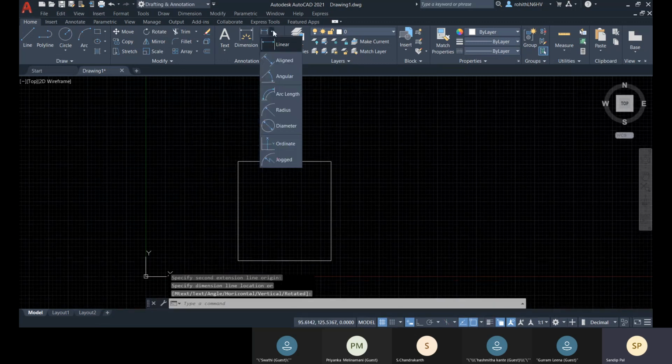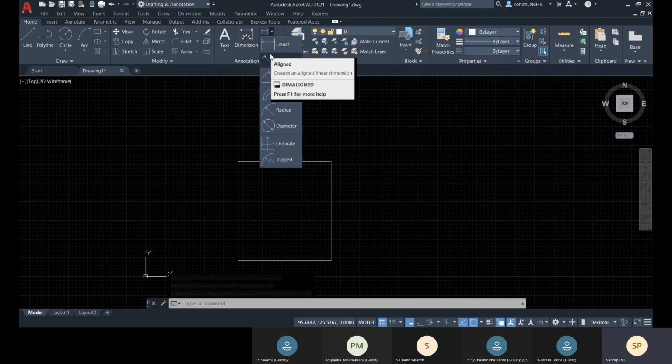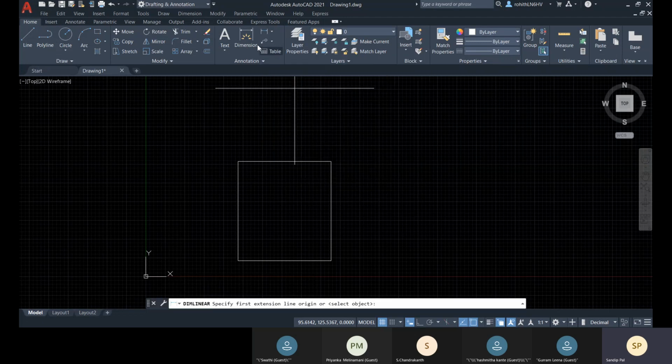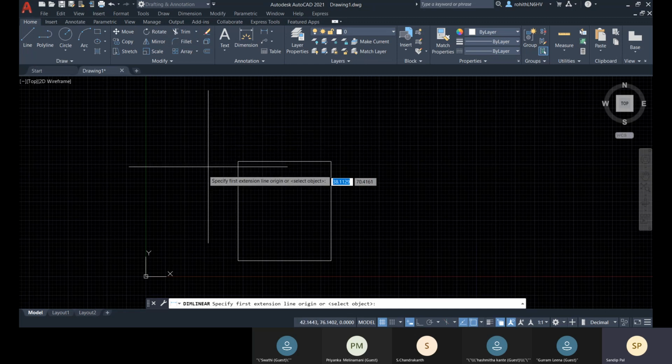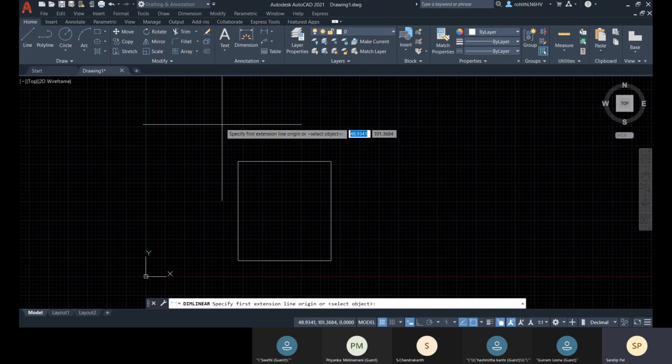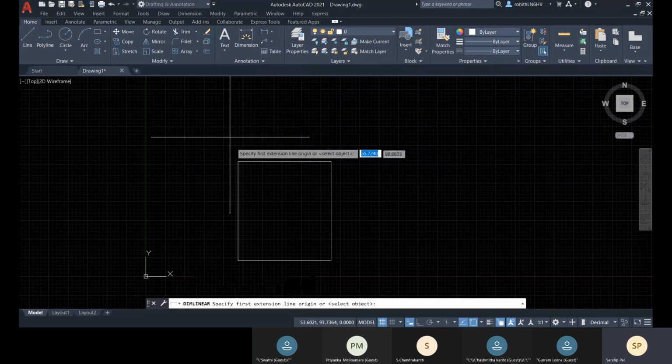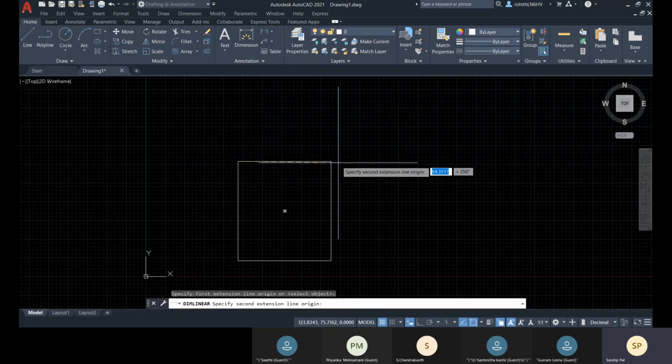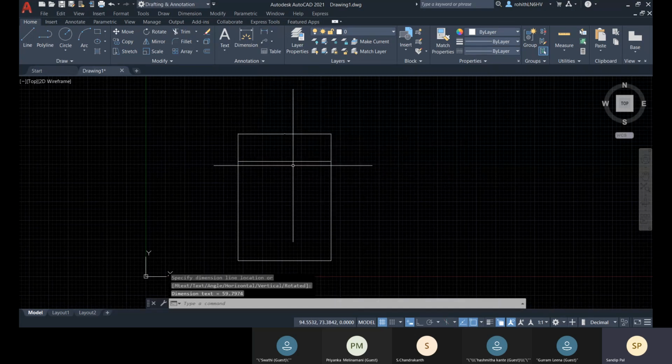Now let me tell you how to place your dimension. First, you go with linear, and then you have to specify at least 2 points. The 2-point distance will be shown here.